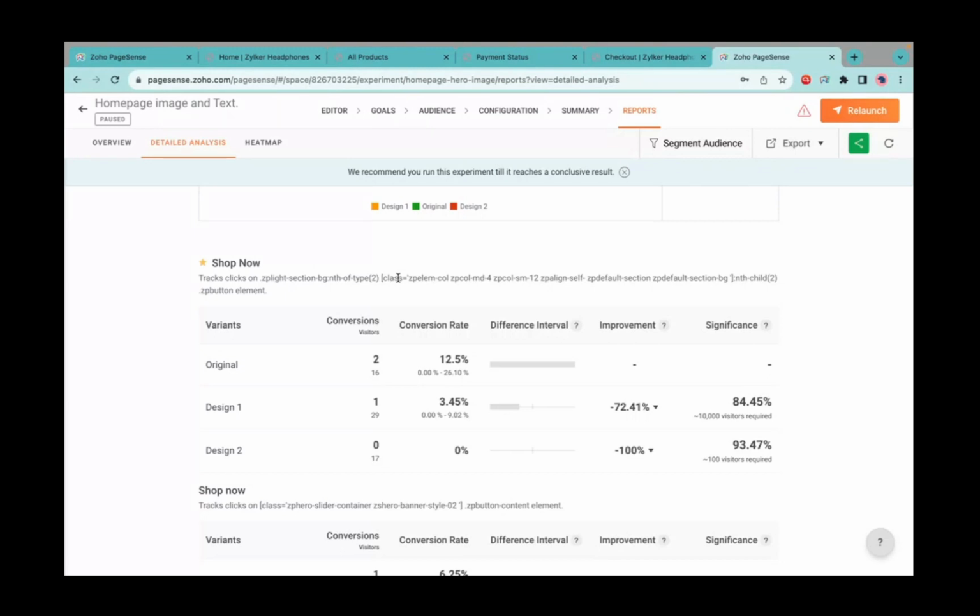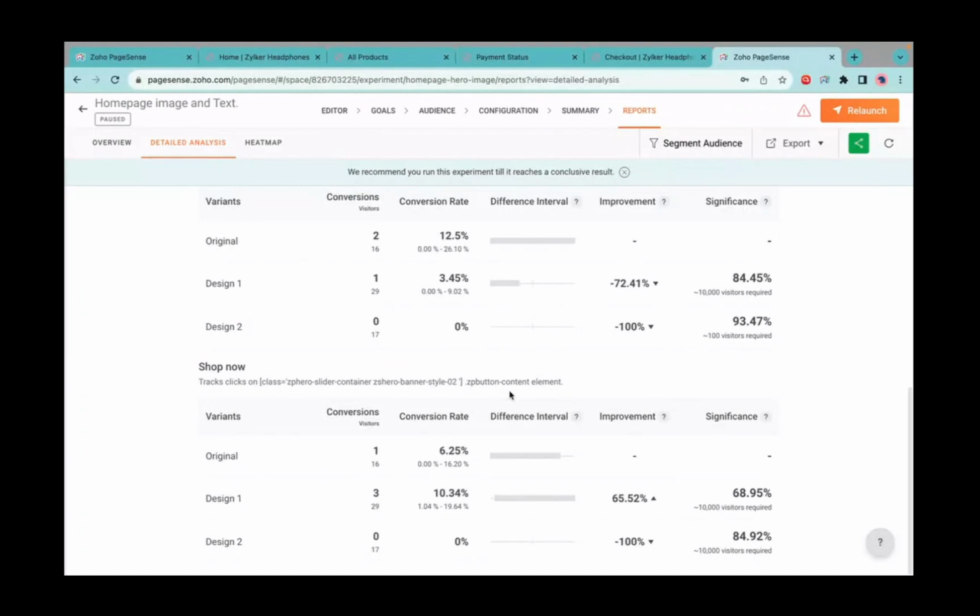And when you see the last part, which is significant, it helps you understand how many more visitors you require for the specific experiment in order to achieve statistical significance, and also to declare which is actually winning the specific experimental part. So however many goals you are creating inside the A/B test, the tabular report for the same will